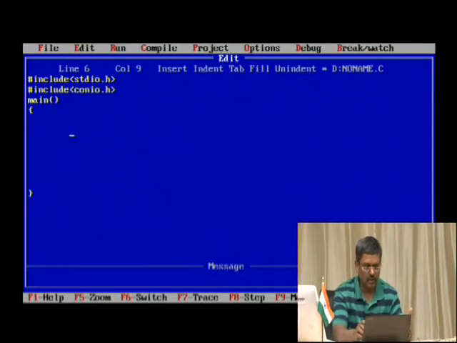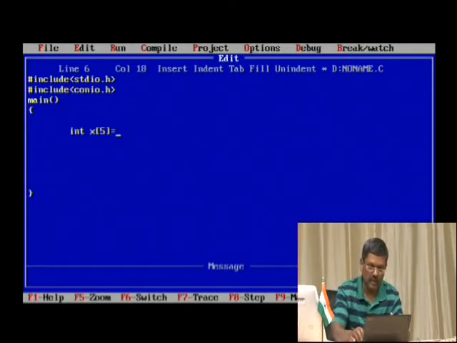Here main is already defined. Inside that, I will declare an array called x. It is an array, so I have to put the square brackets. Let me put 5 elements that can be stored in it. Instead of reading, I will simply initialize these 5 values separated by commas.